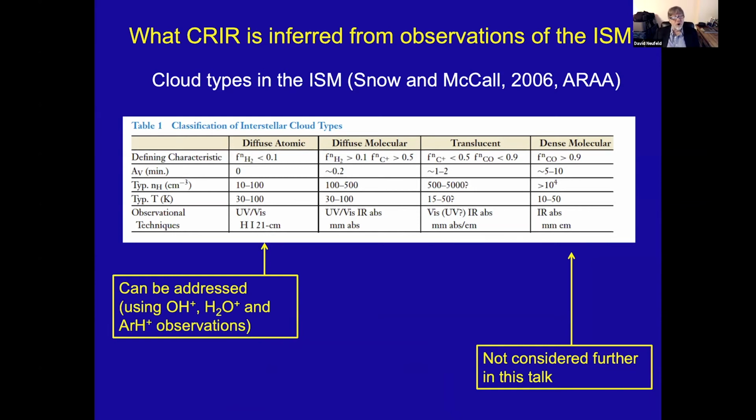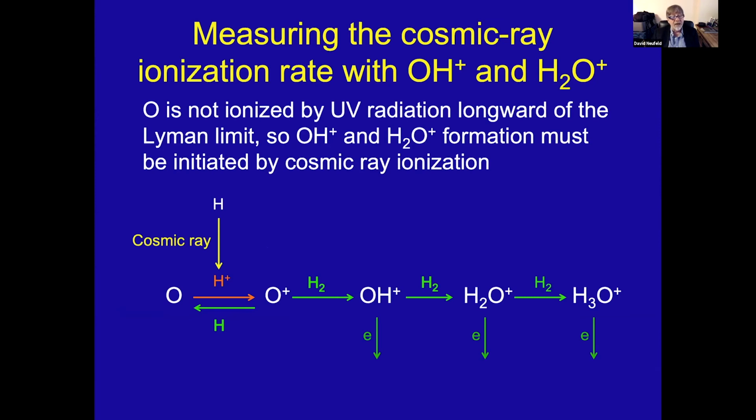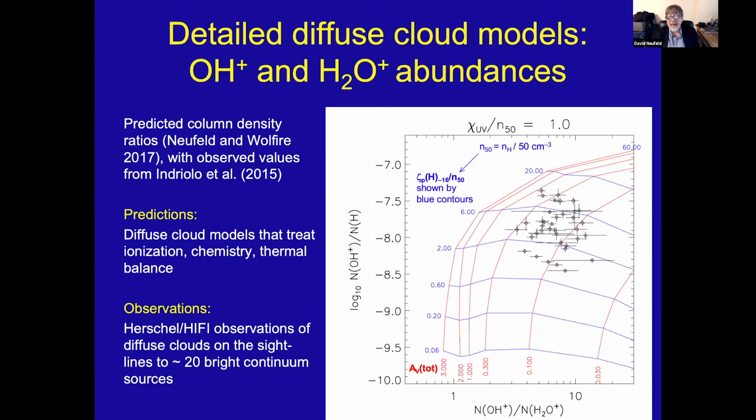And we've been able to address this through observations of other molecular ions that are most abundant in diffuse atomic clouds. So these are more than 90% atomic, and the ions that we observed are OH+, H2O+, and argonium, ArH+, all of which are produced in reaction sequences that are initiated by cosmic rays. And so there's a pathway following the cosmic ray ionization of a hydrogen atom to OH+ and H2O+. And then with models, we can compare the observed values of various abundance ratios that are shown in this diagram with the predictions of a grid of models with different ionization rates and different cloud sizes as measured by the